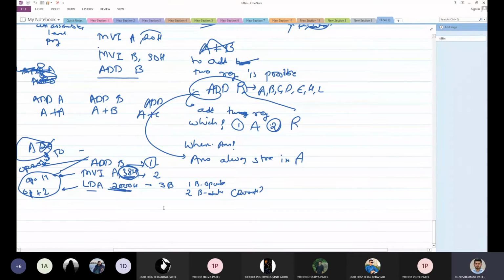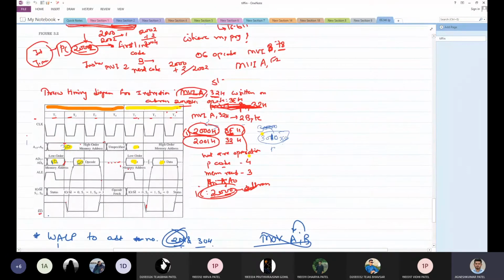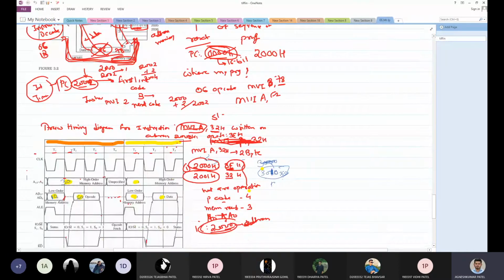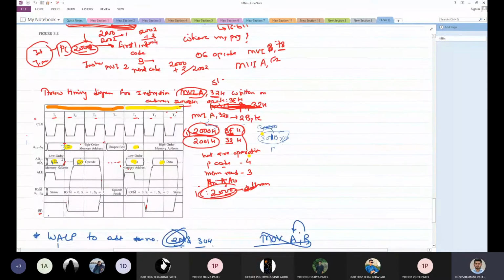So yesterday we were discussing this timing diagram, and we have seen how the data flows: how the address comes on the address bus, how the control signal is sent, and how the data will come back on the data bus, and how it's handled internally. And we have seen how those tasks are done using 8085, how 8085 sends various signals to various pins, or you can say various devices, and how it puts data on the address data bus. Okay, so we have seen this timing diagram for that,